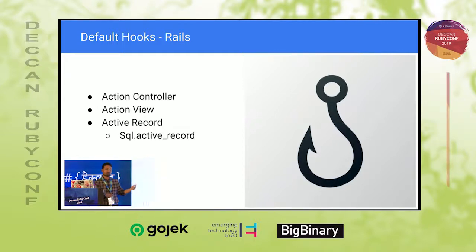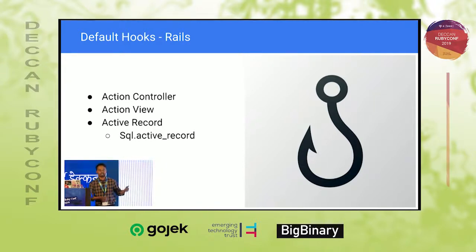What are the hooks with respect to action controller? Whenever an action process starts, a controller action starts executing, there is a certain hook. If you subscribe to that hook, you will get notified whenever a controller action starts executing. There are hooks when an action is complete, when a controller action sends data, when it sends a file, for redirection, and even for unpermitted parameters. So these are with respect to controllers.